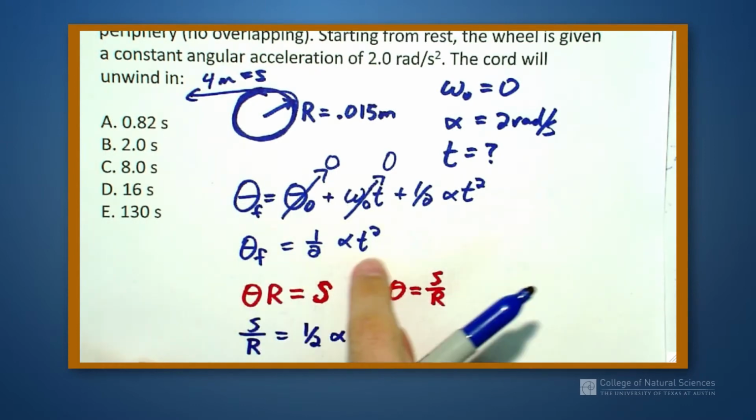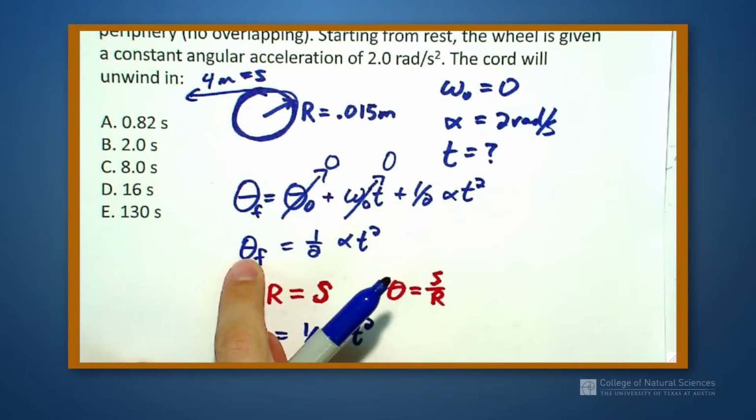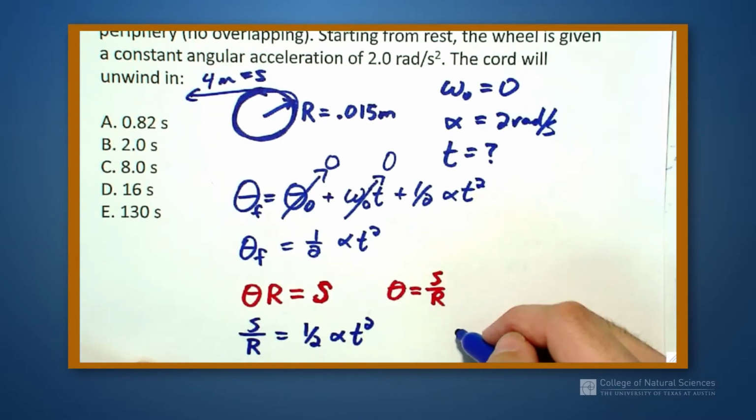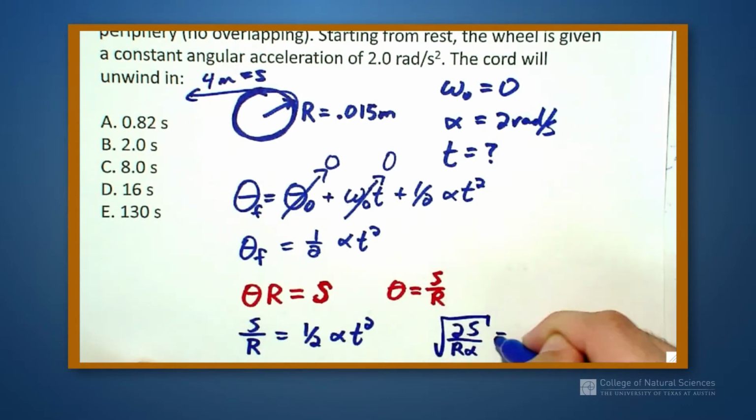Now when I get to this point, all I have to do is substitute in this equation for my previous equation, and I get S over r is equal to 1/2 alpha t squared. That's just using this and substituting in theta for theta f. Tells me that if I have a certain amount of string wrapped around the radius, this is how long it's going to take. So rearrange the equation, I get the square root of 2s over r alpha is equal to t, which is equal to,